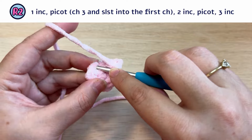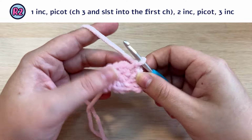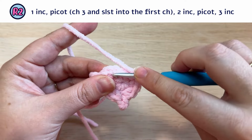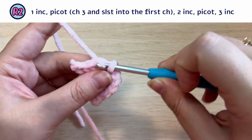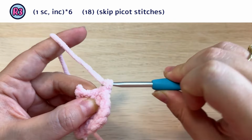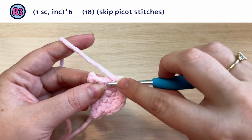And move over to the next stitch and work an increase. And proceed working an increase into each stitch until the end of the round. Slip stitch into the first single crochet of the round to join the round. Next, single crochet 1, work an increase on the next stitch,